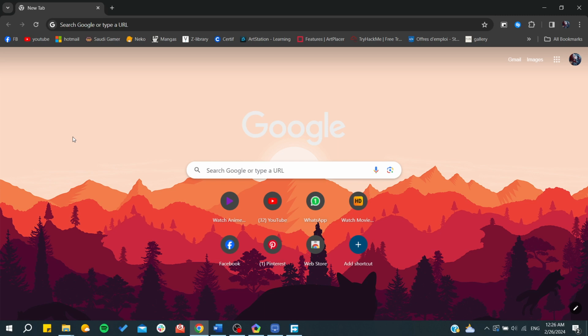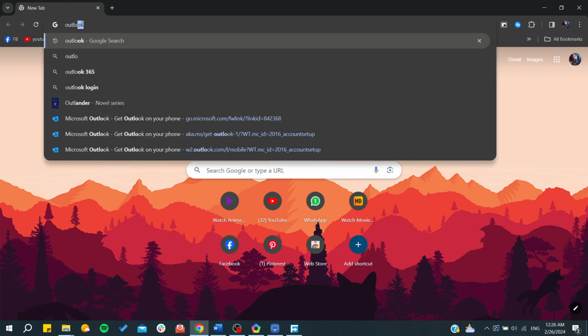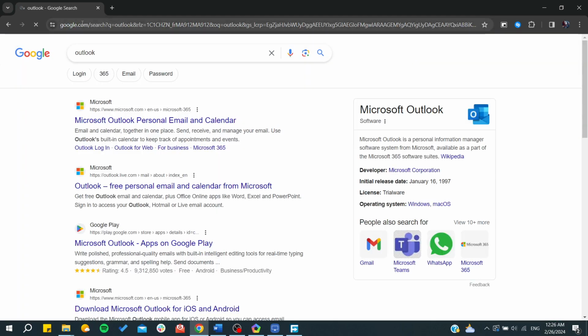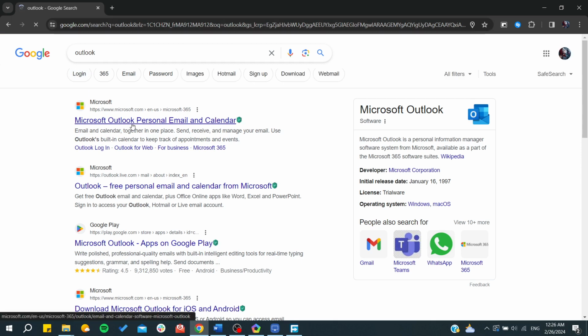In today's tutorial, I'm going to show you how to use Microsoft Excel online. So make sure you watch the video to the end and follow these simple steps. Basically, all you need to do is log in to your Outlook mail. So just go to Outlook, and from there we will be able to log in or use our